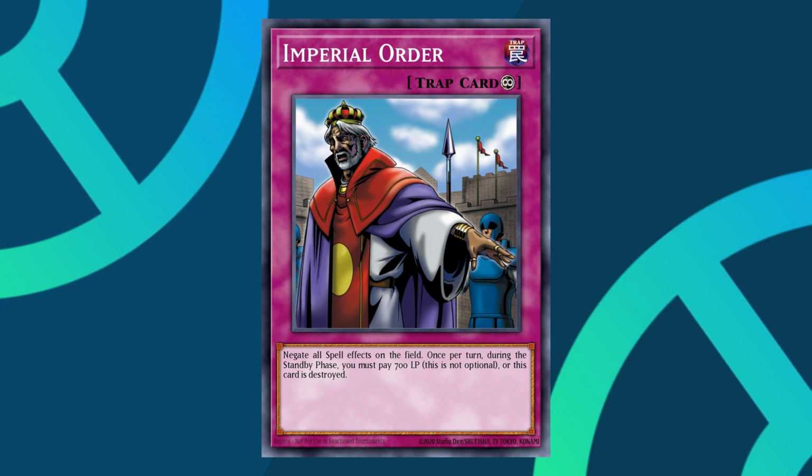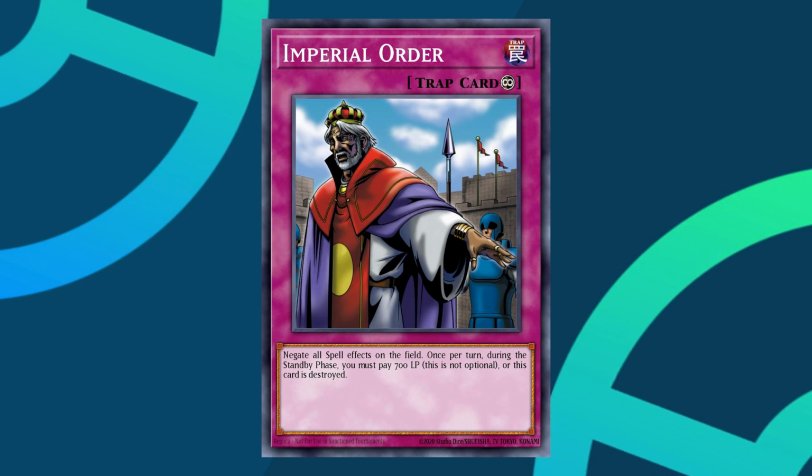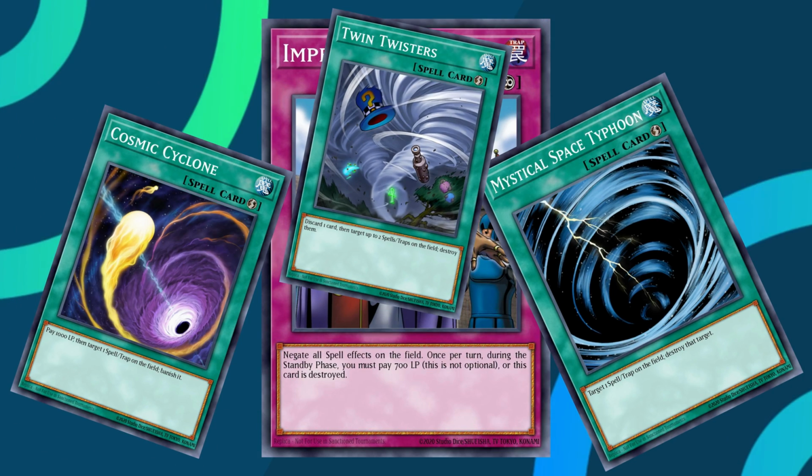There weren't any strategies built around it, but part of what made it frustrating was that pretty much every single deck had it in the main or side deck, and like Mystic Mine, you had to draw the out. What really sucked about Order is that nearly all the good spell trap removal in the game is on spell cards. So you had to draw a quick play spell card that could remove a trap card in the field